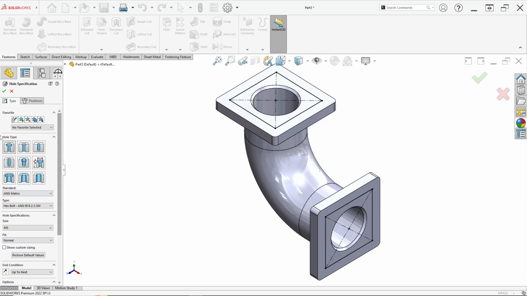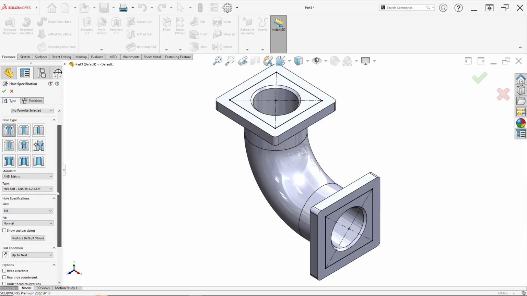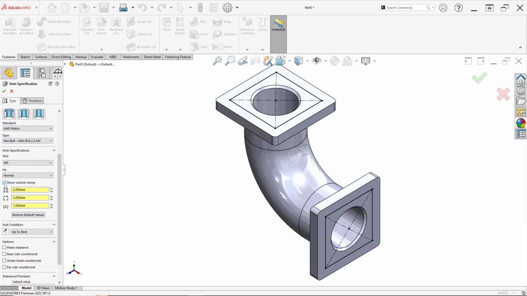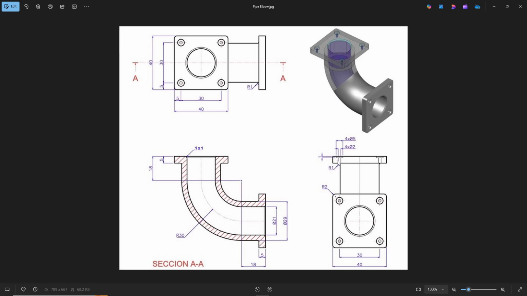Now here, for hole type you must select counterbore, and the standard we can ignore here because we just use custom sizing. So just click here, custom sizing. For example here I use a symmetric, but we can ignore the size here and here because we just use custom sizing to make this counterbore.